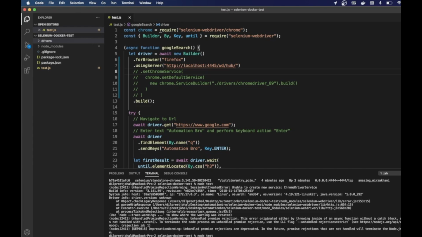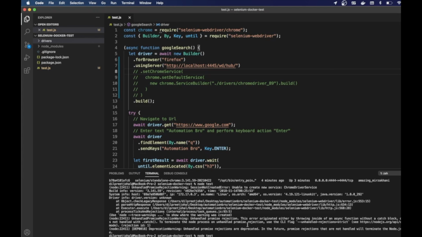So I hope by now you have clarity on why you should be running your Selenium test on Docker. Not only can you avoid the Chrome driver issues or the session creation issues that you were getting previously when the browser versions were not matching, you can also quickly switch up the browsers that you're using and run your tests in different browsers by simply spinning up a new container. As you can see, I spun up a container for Chrome and I spun up a container for Firefox. Similarly, I can spin up different versions of Chrome as well as different versions of Firefox as well. And I can be running my tests in all of that together.